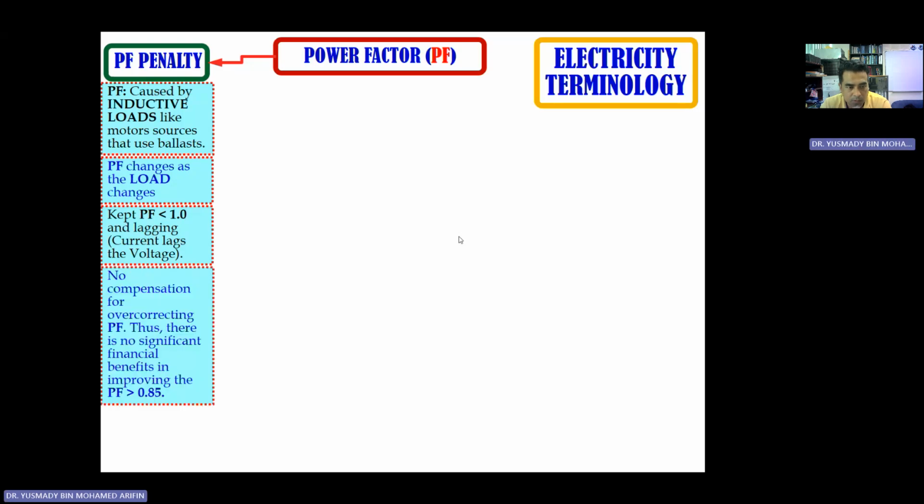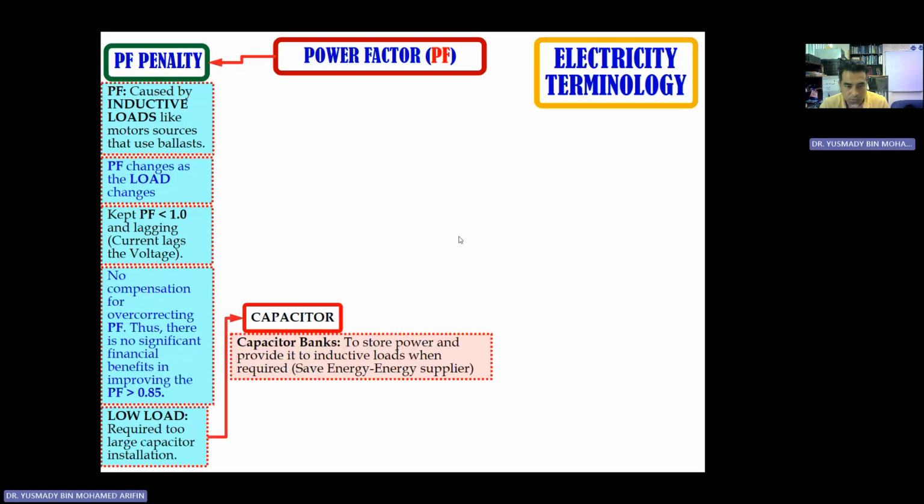There is no compensation for overcorrecting PF, thus there is no significant financial benefit in improving the power factor beyond 0.85, because the company will not get any compensation if the efficiency increases beyond 0.85. So that's why there is no significant financial benefit for the company to increase the power factor greater than 0.85. Low load will require too large a capacitor installation,